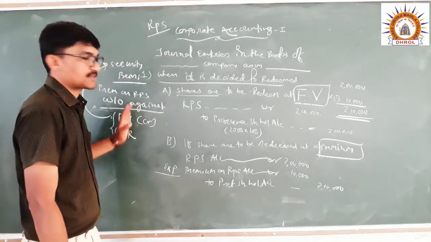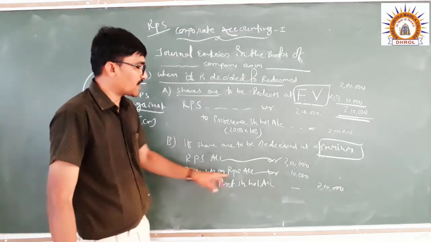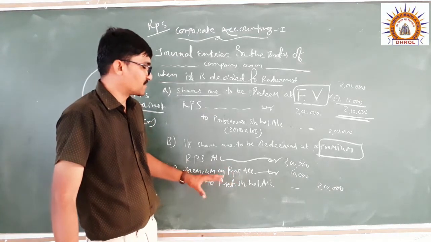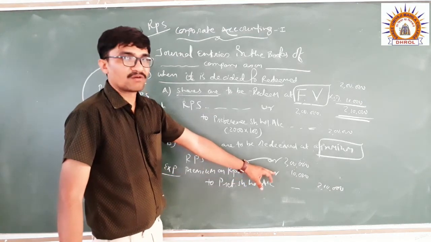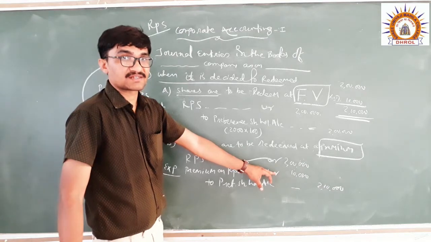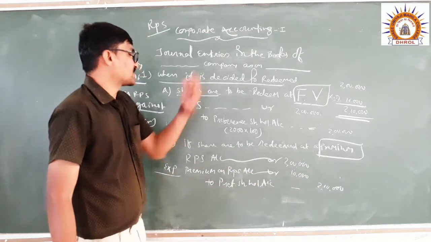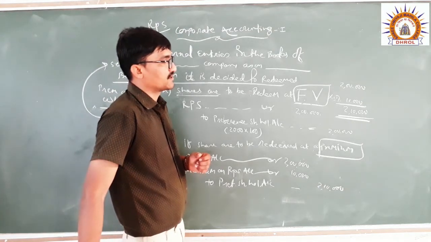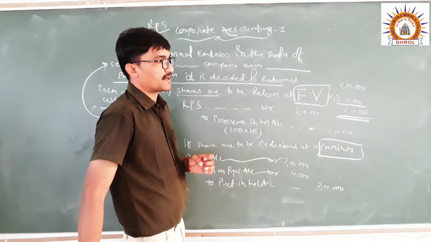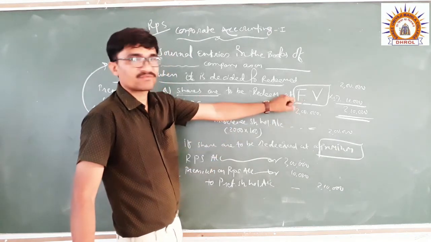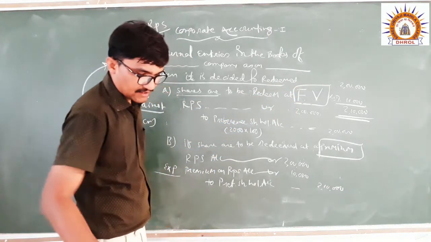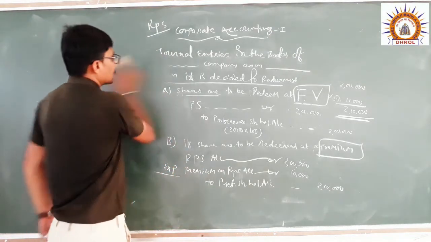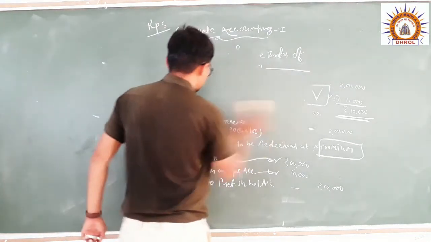Why? Because it is an expense. Always the premium on RPS is an expense for the company. Why? Because of the payment made to preference shareholders with the amount of premium, if the specification is given, right? And if such a specification is not given, then we assume that the redeemable preference share capital is to be redeemed at face value, right? So this is the redemption entries. Two entries. Then next, third one is